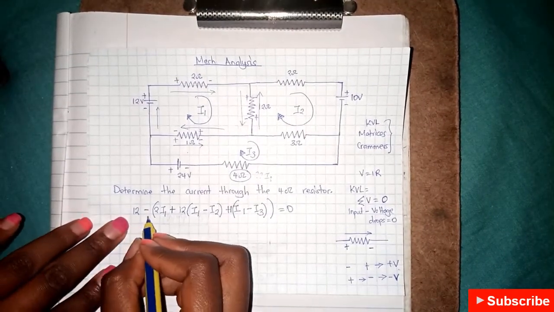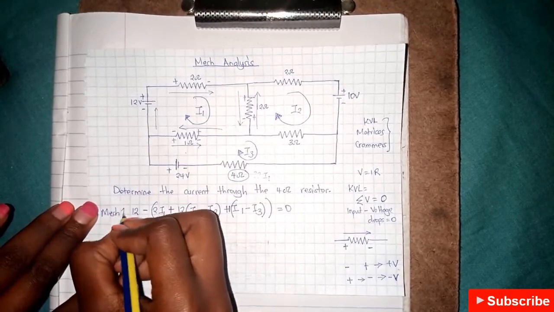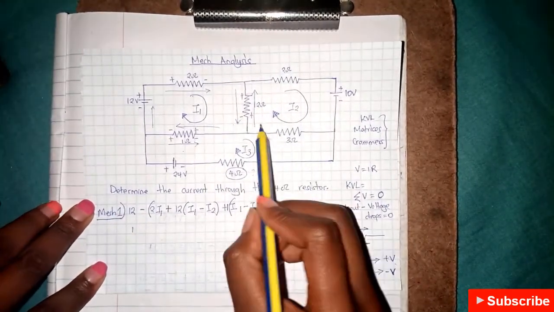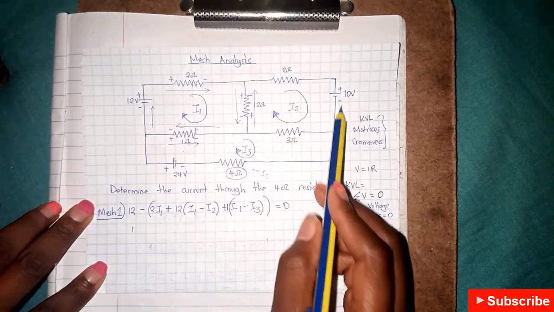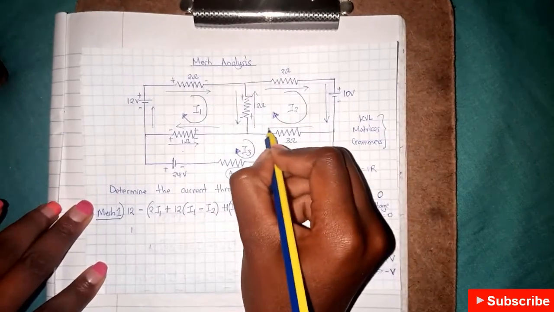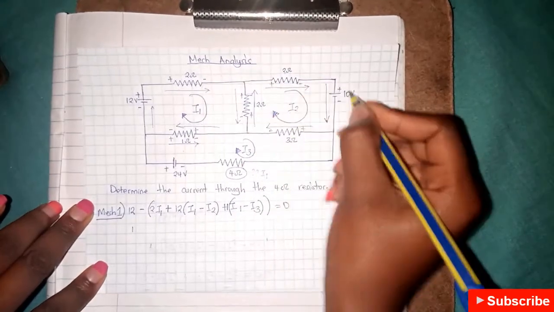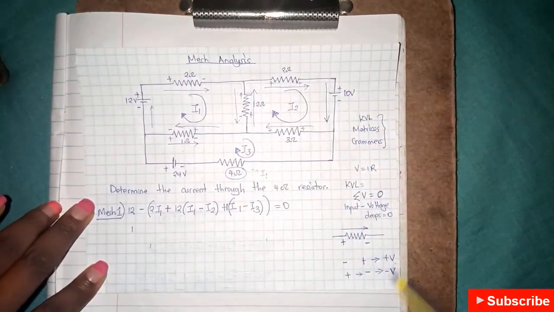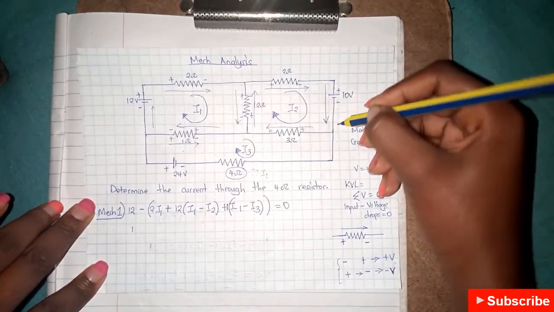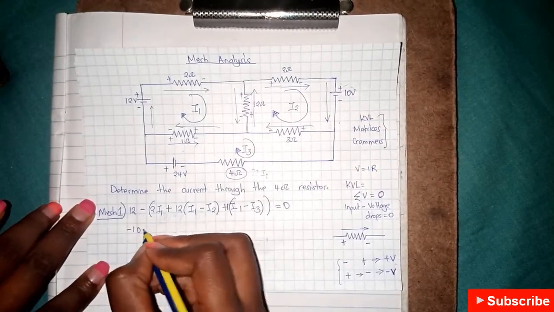Now, 12, this is mesh 1. Before we proceed, let's first write them all. Then for mesh 2, we have 10. And let's see, current flows that way, that way, that way. So this is positive, negative, positive, negative. And then here we notice that current is flowing from the positive end to the negative end. Therefore, this will be negative 10 minus